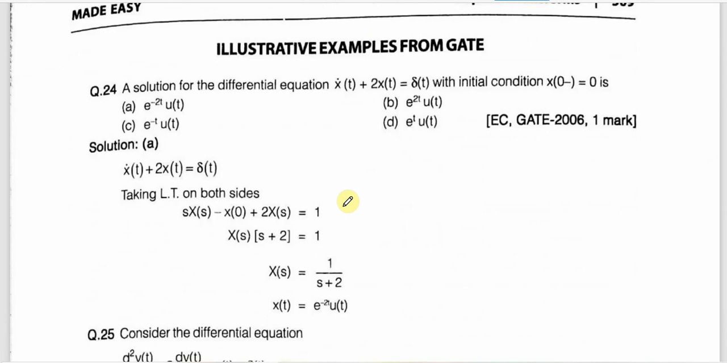Now see, this is the problem. It is telling that the solution of the differential equation x'(t) + 2x(t) = δ(t), with the given initial condition, is this given function. Taking Laplace inverse on both sides, after taking the Laplace inverse,